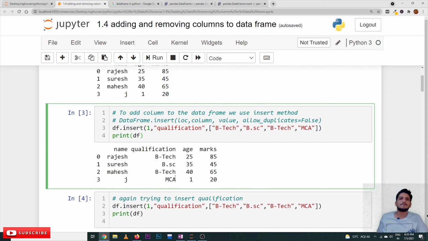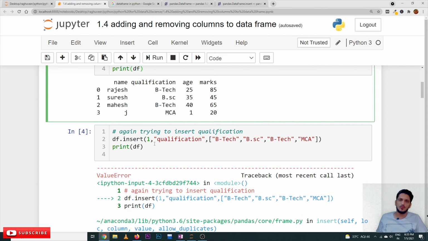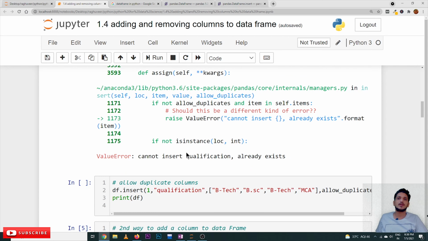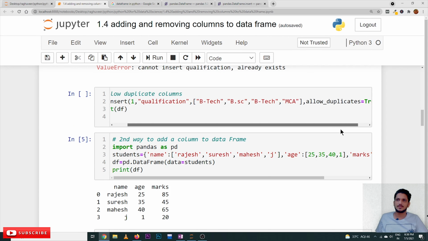Coming to the next example, again try to insert. One more example, after inserting the qualification column, again we are trying to insert the qualification column. What will happen? It won't accept duplicates. If you want to accept the duplicates, then we will use the parameter which we discussed previously, allow duplicates.